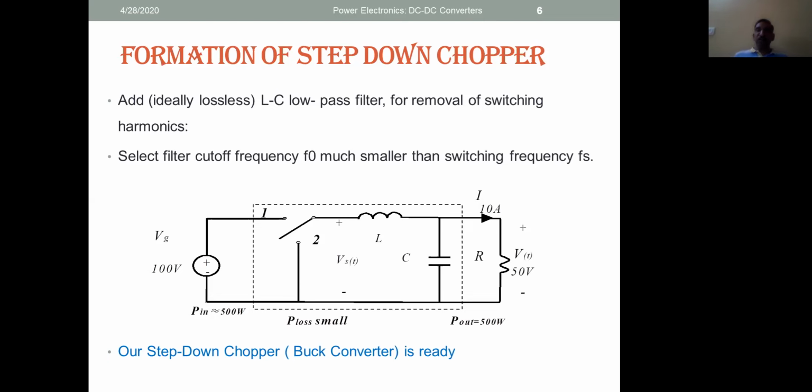It's working. This is how we realize any step down chopper or buck converter or one quadrant chopper, which operates in the first quadrant, because voltage and current are in phase as we had seen, because current is flowing from source to load only and voltage is also from source to load. So V is 0 to VG and I is 0 to IL.